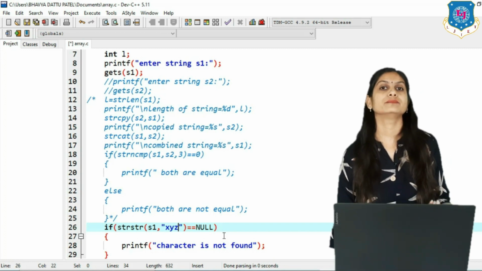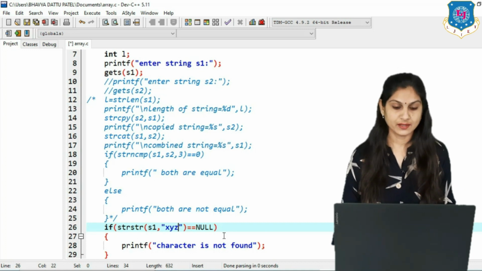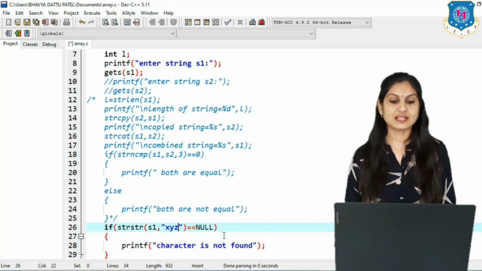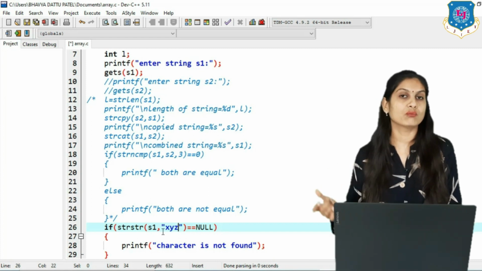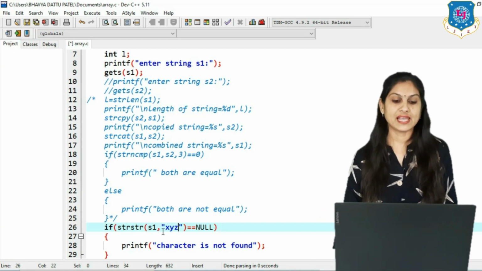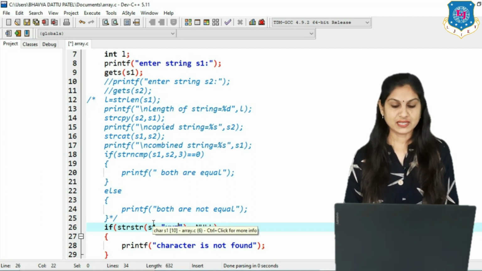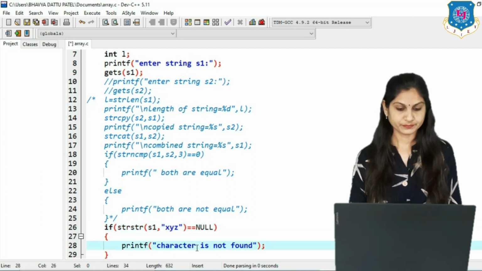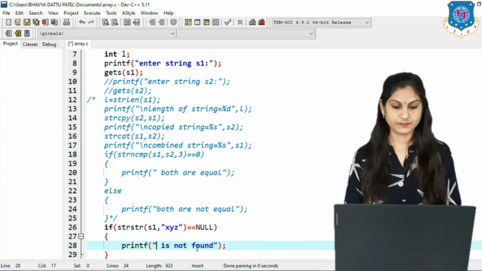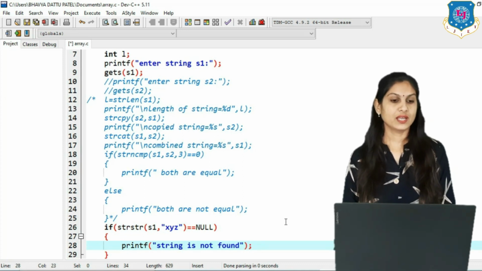It returns not null value. Clear? But here our condition is just like s1 comma xyz equals null, meaning our s1 does not contain xyz. So here the message is just like string is not found. Clear?